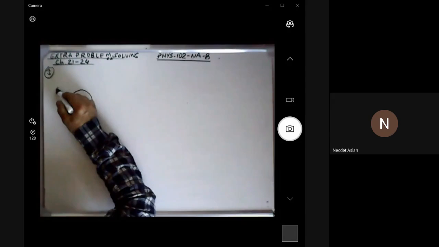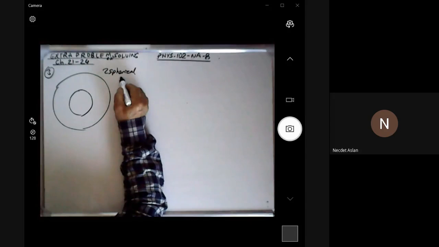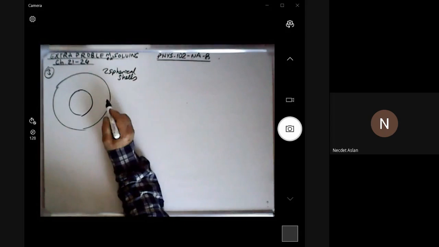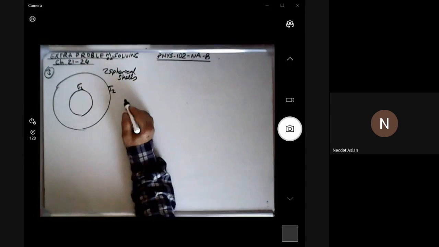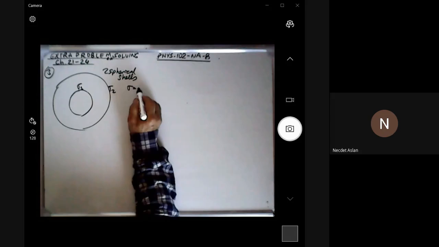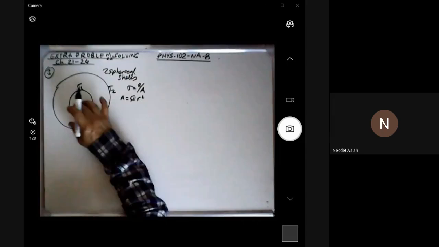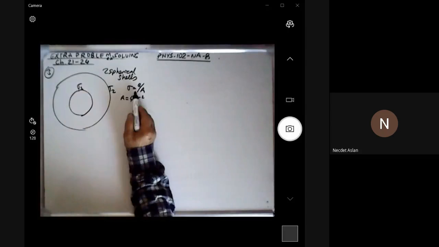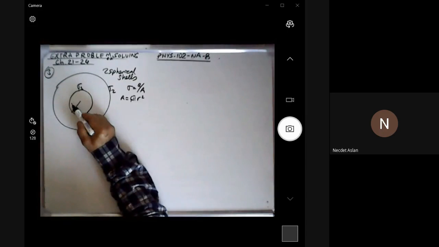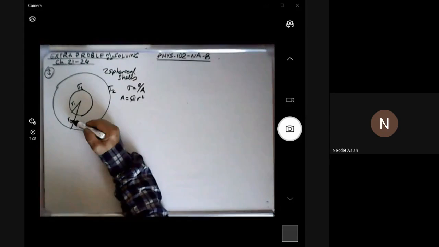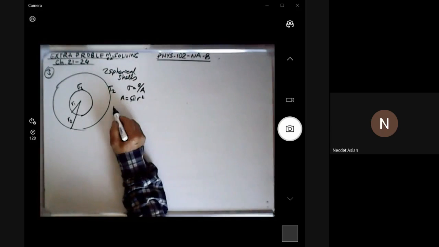spherical shells, two spherical shells. But their surface charge distributions are given by sigma 1 and sigma 2. So sigma, don't forget, is equal to Q over A, and A being 4 pi r squared. This is the surface area of the sphere. So now sigma can be positive or negative depending on the charges given. Now the radii are given as R1 and R2, and we would like to find the electric field